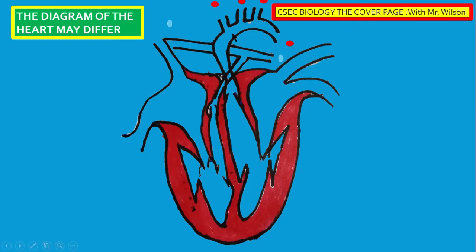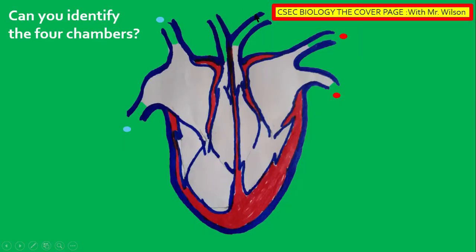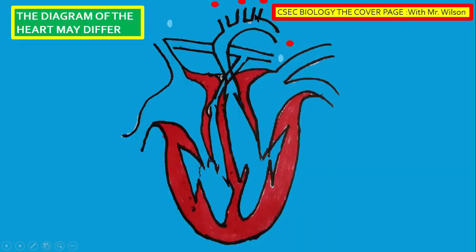Usually the aorta is something like this. It has this curve when it's represented, and usually there are these 3 blood vessels at the top of the aorta here, and of course you'd know that this is the pulmonary artery, right, because it's coming from the right side of the heart. You want to ensure that you understand the blood vessel, as you can make a link to the different side of the heart,